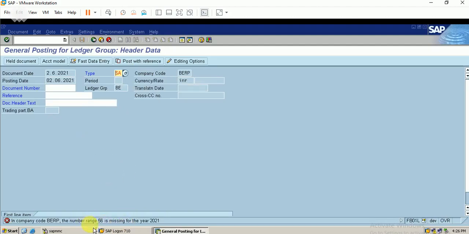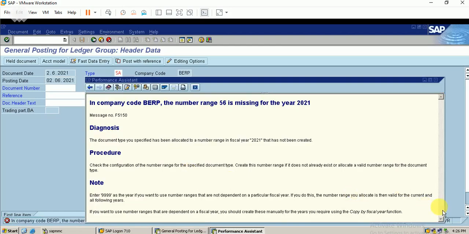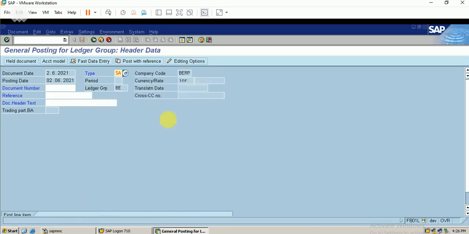You can see the number range is missing for the year. Let me go into it. I'll solve it in a new session.